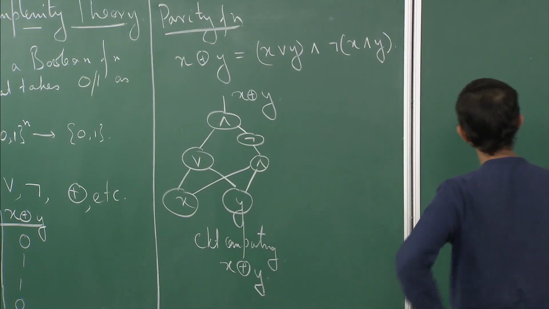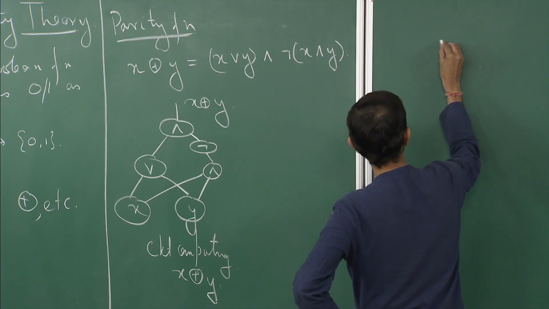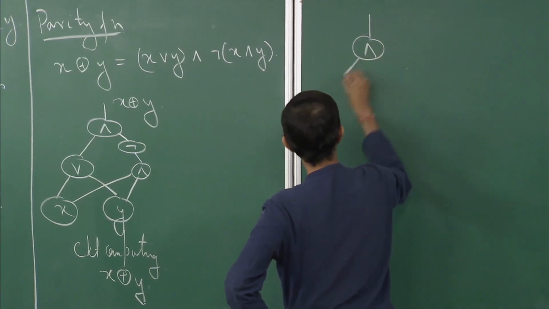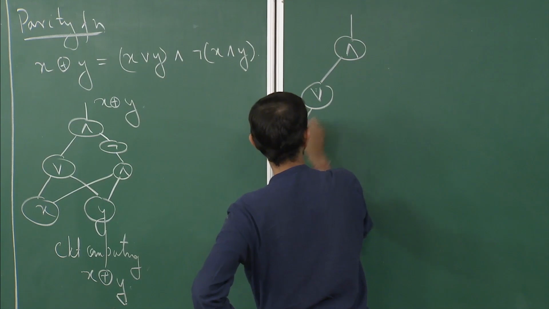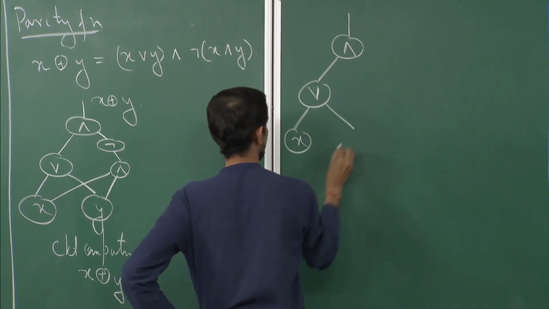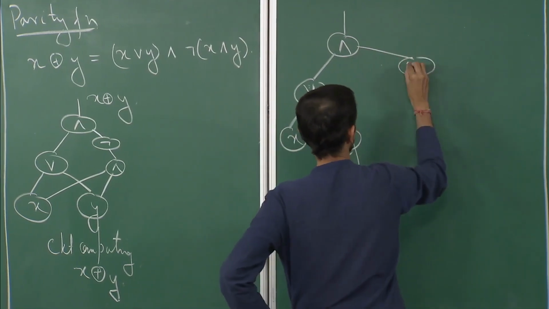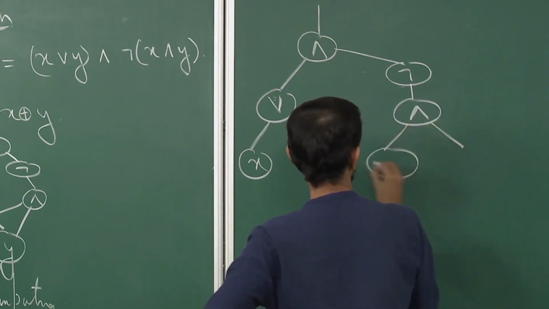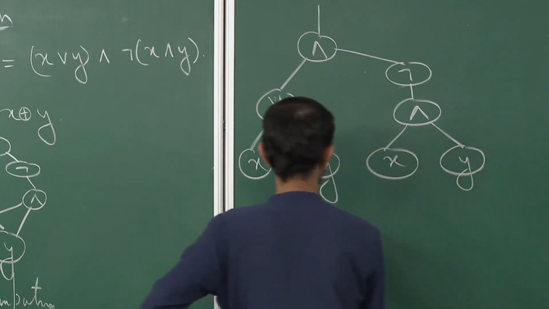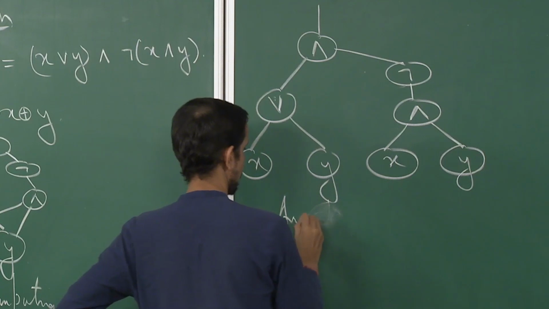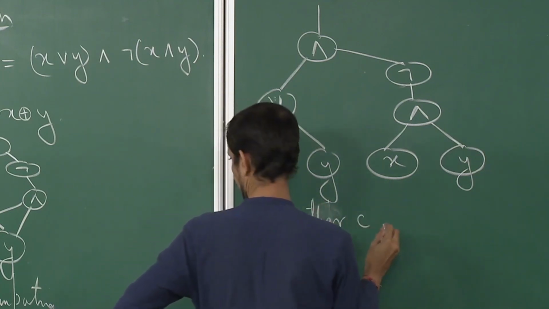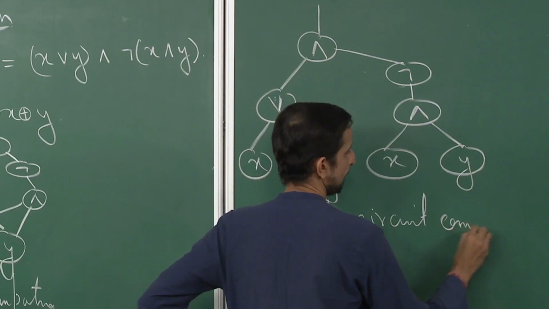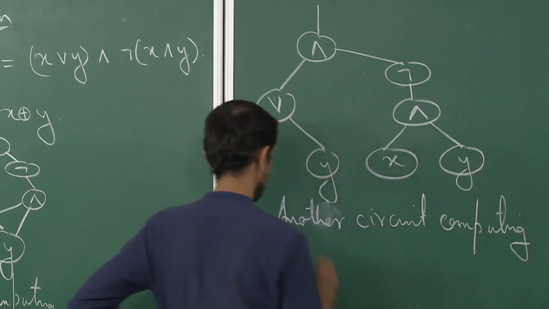Okay, so another way of representing the same circuit is as follows. So it uses the same formulation. So I have AND, and I have OR over here, followed by x, y, and I have an AND over here. Once again I have x and y. Okay, so this is also another circuit computing